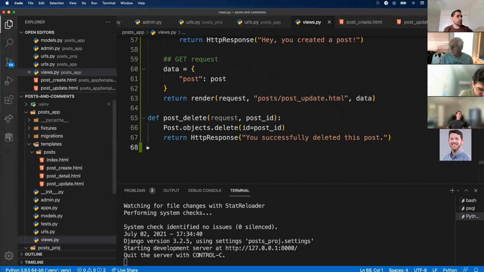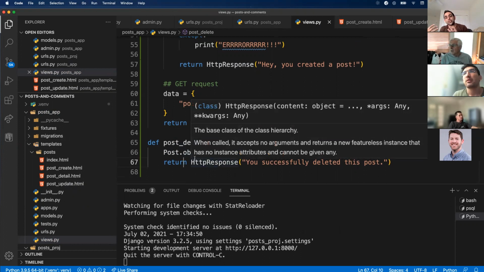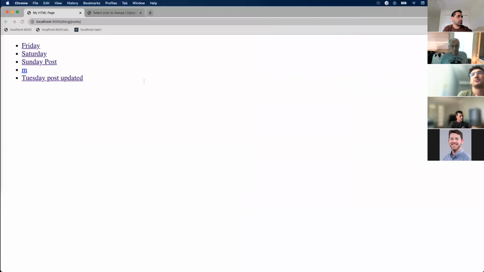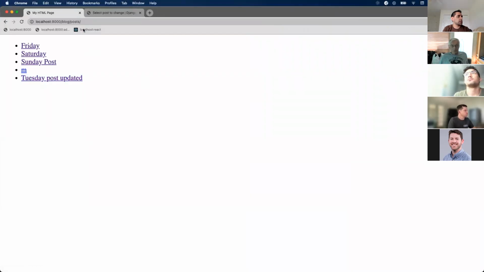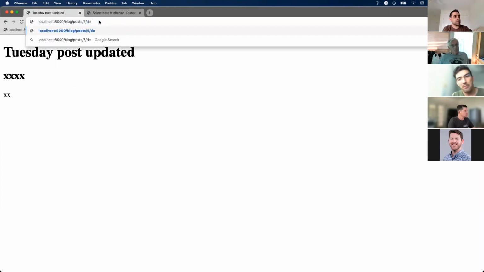All right, let's, how do you want to do that? All right, I guess I'm going the lazy way. I think the more user-friendly way would be create a page that has a delete button or like a confirmation button that says, hey, are you sure you want to delete this? So in this case, if they navigate to /delete, it's actually going to delete the object. So if I go, notice that Tuesday post updated is here. If I go to that post and go to /delete,